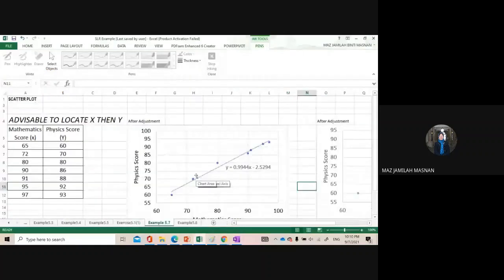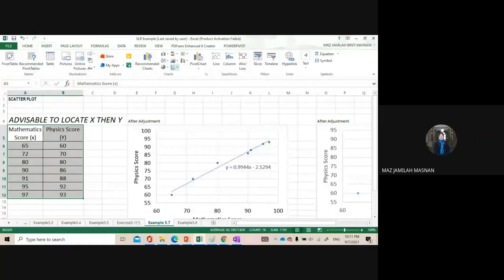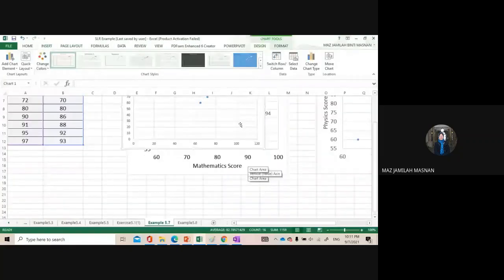Okay, now I have my data, mathematics score and physics score. I have X and Y. So I think I'll just show you from the beginning how we can get this particular scatter plot. Once you have got your scatter plot,